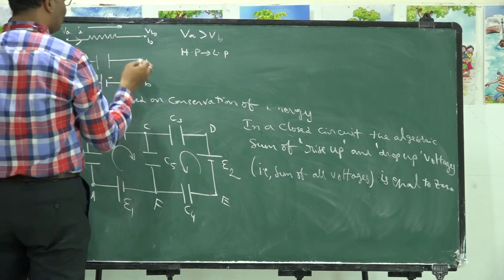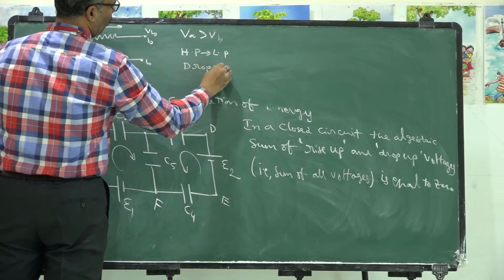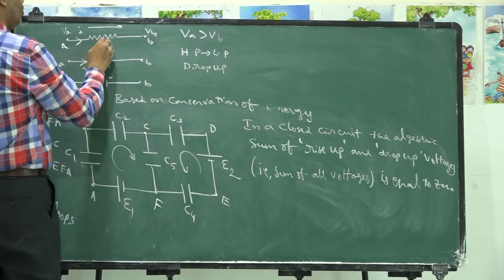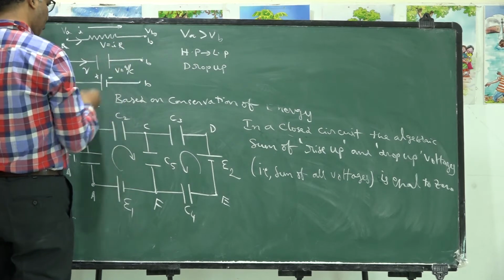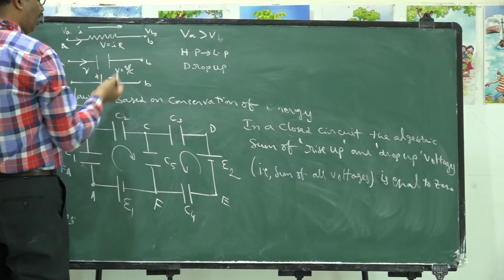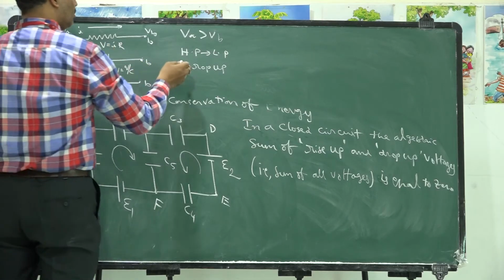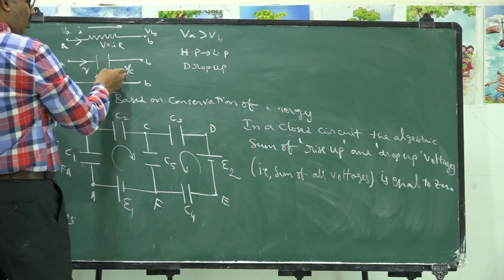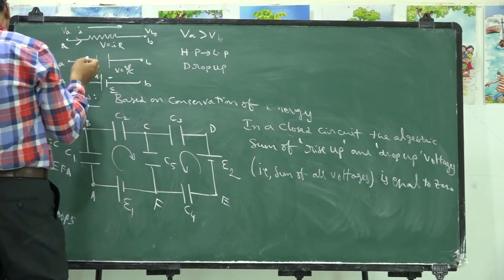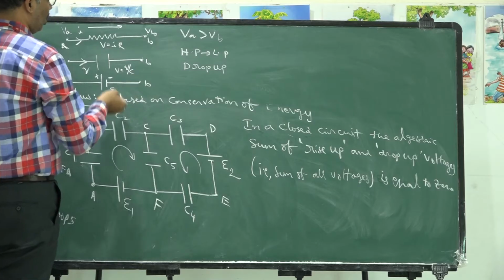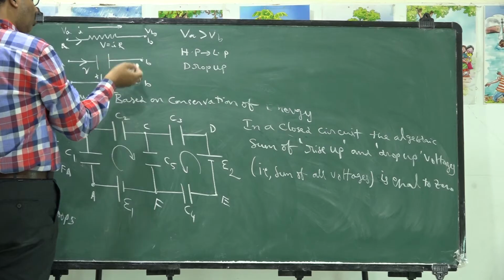Such a potential is called a drop up potential. What is the potential here? V is equal to IR. What is the potential here? V is equal to Q by C. What is the potential here? It is nothing but the EMF. So here the value of V is called a drop up potential. Even here the value of Q by C is called a drop up potential. Drop up potentials are generally represented with a negative sign. Therefore the potential here I should take as negative, and even the potential here I should take as negative.